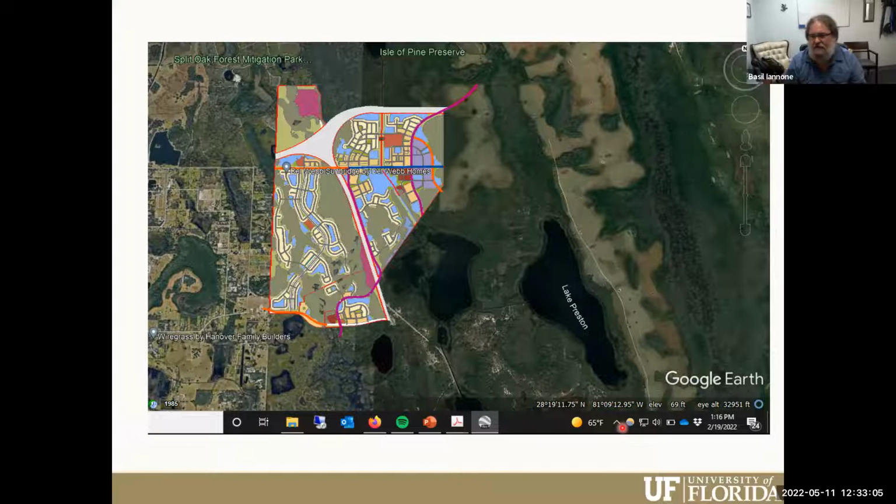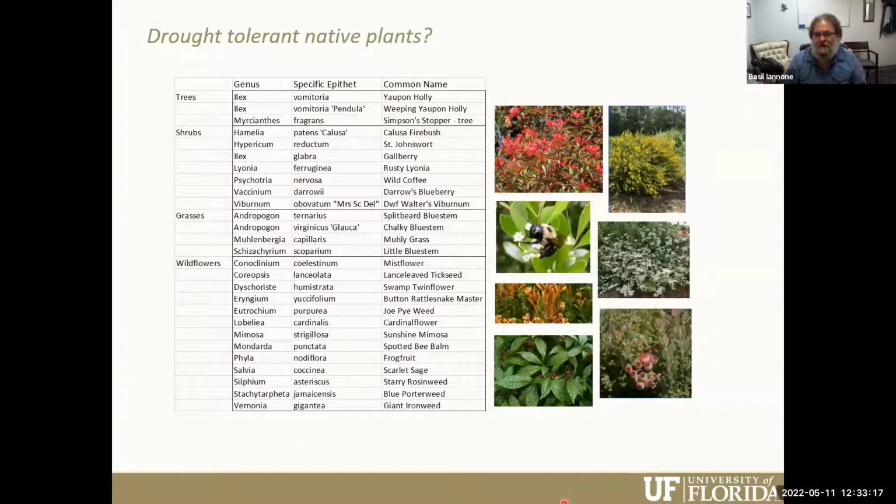And they are also facing water restrictions, okay? They cannot build the amount of homes they want based on the water that they're permitted in this area. So they want us to help them out with this. And one of the things that we thought of was, well, we hear that we have to water our plants in a drought, right? Or else they're going to die.